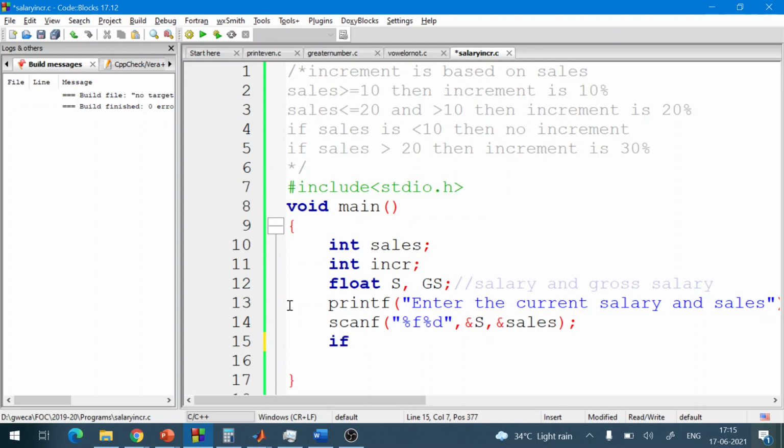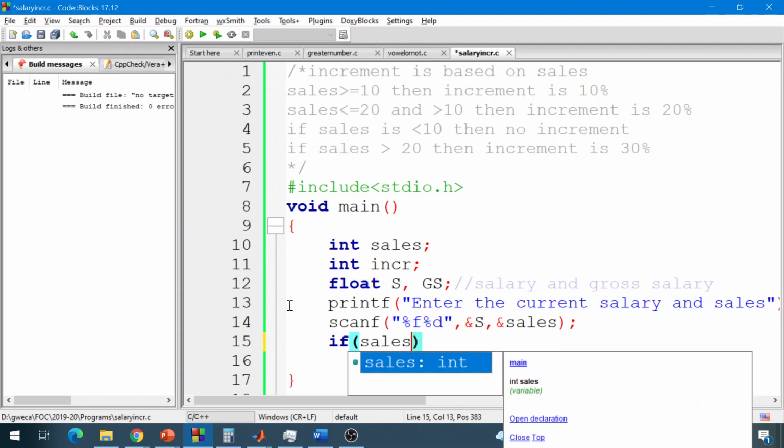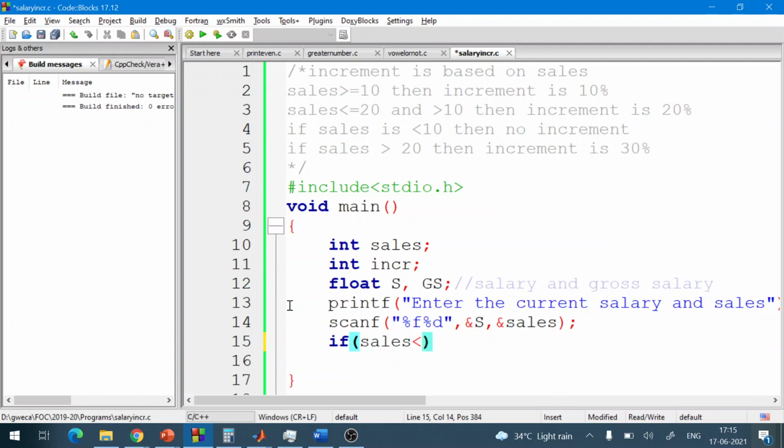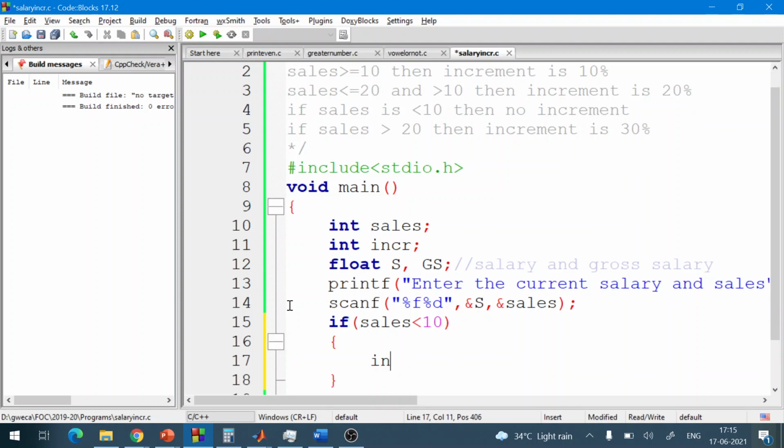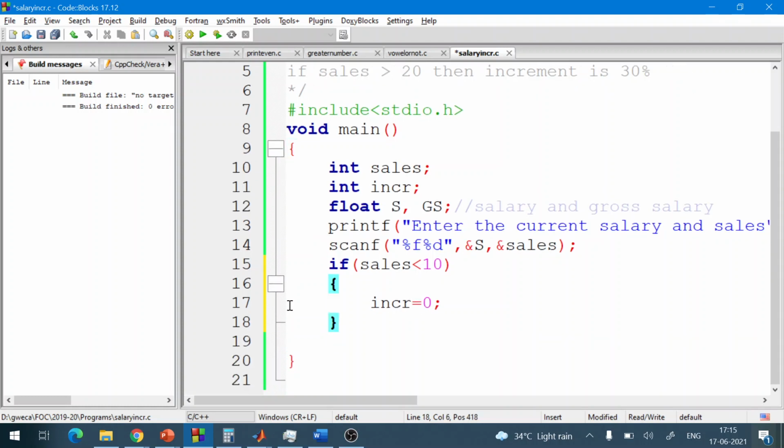Now see this, if sales is, suppose, what is the smallest range, if sales is less than 10, let us do it like this. If sales is less than 10, then INCR is equal to 0. Now what does else mean? Else means sales is greater than 10.